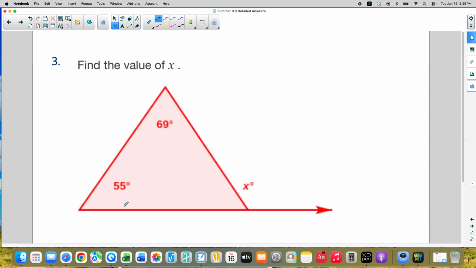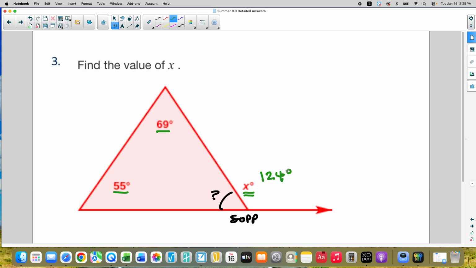This is good. So there is a relationship. I think we talked about this already, but this is going to be supplementary to this, right? X and this mystery angle are going to be supplementary. And we know that the sum of these angles is going to equal 180 degrees. The sum of these two are going to be 180 also. So this value is actually equal to the sum of the two other angles. So x is really going to equal